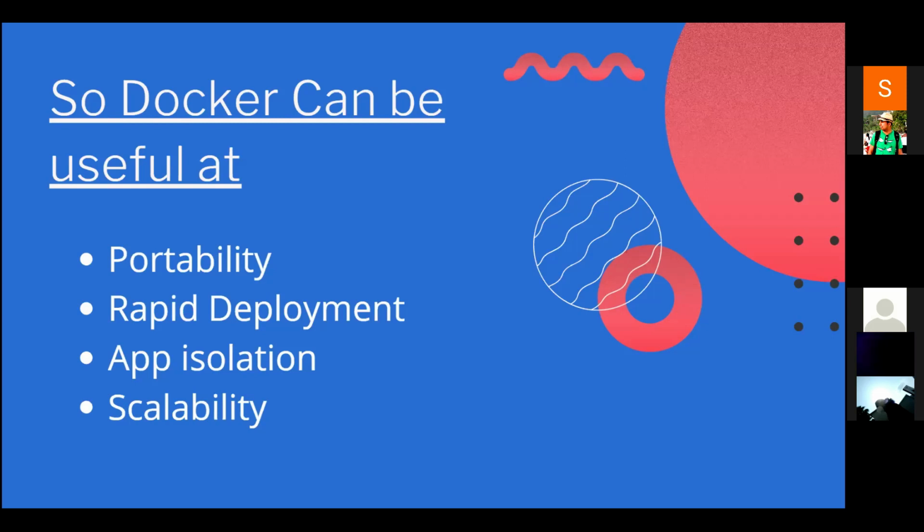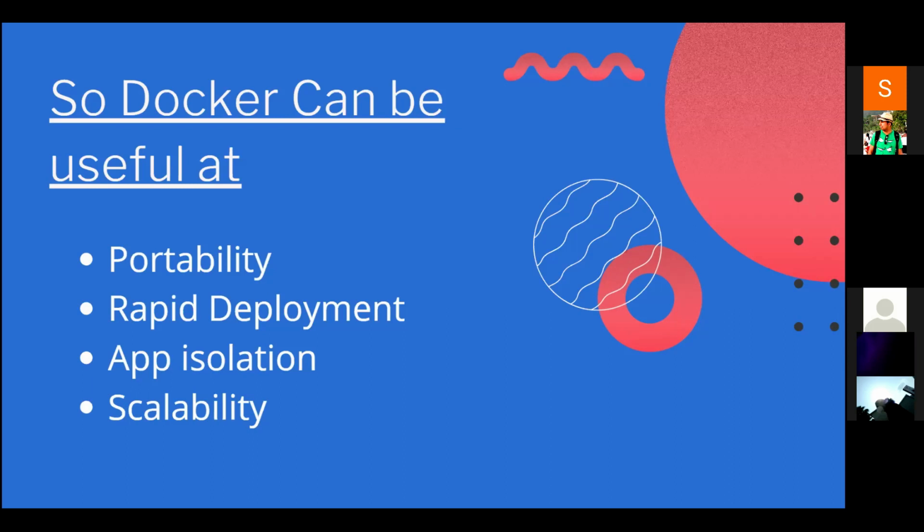But in the case of Docker, I just need to create one file which contains the similar commands: download Ubuntu OS, download this, set up, and run this command. I have created a Dockerfile with those commands. Now if I want to create the same environment, I just need to transfer that Dockerfile to the other machine. So it's very portable. The Dockerfile is the key. I can transfer it, another developer runs it over there, and it creates the exact same environment. So Docker is very portable.